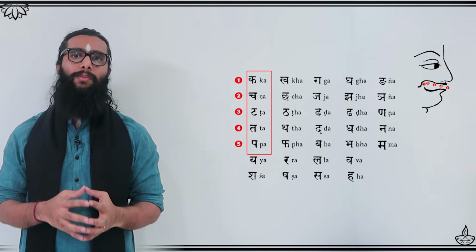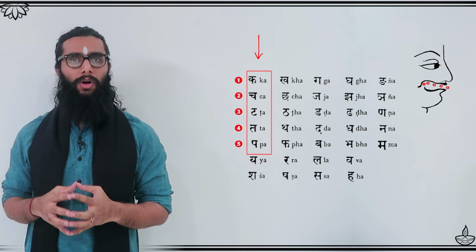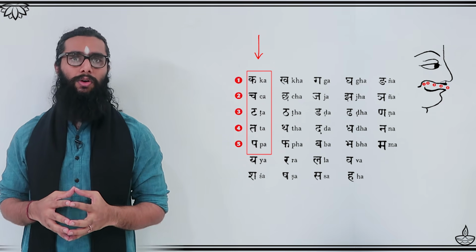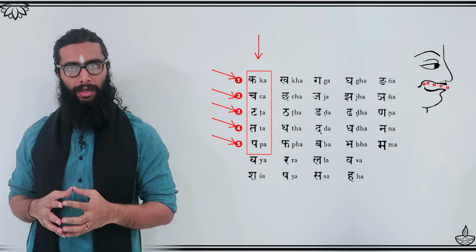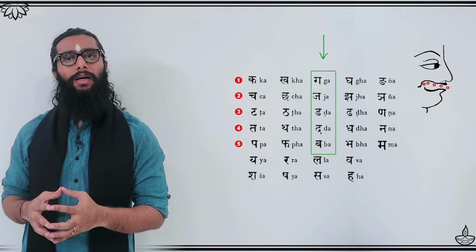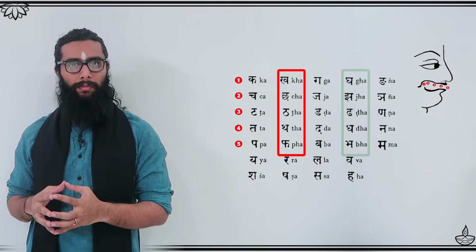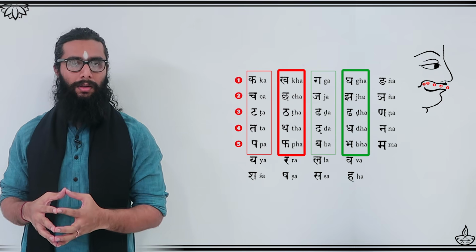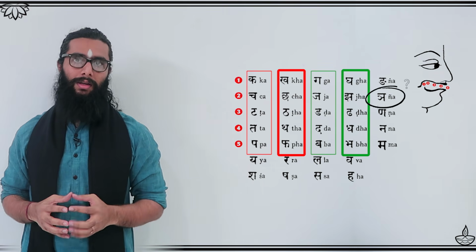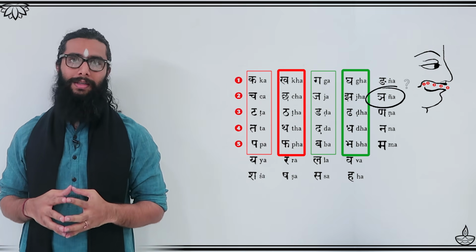In fact, there is a scheme of organization for the columns also. All the consonants in the first column are called parusha vyanjanas or hard consonants. These are uttered by a sharp strike of the vocal cavity pertaining to that specific varga. Opposite of them, the softer consonants are in the third column and they are called sarala vyanjanas or soft consonants. The second and the fourth column are the same sounds as the first and the third, but with a stronger thrust of air. Anyways, coming back to the question at hand, if we extend this very same principle, we'll be able to derive the sound of this consonant easily.